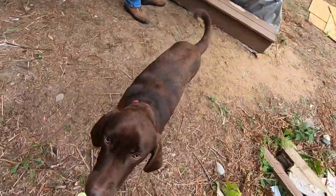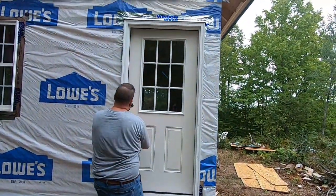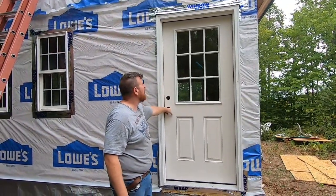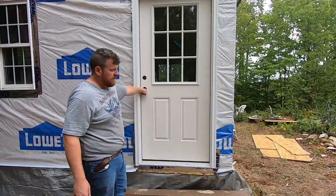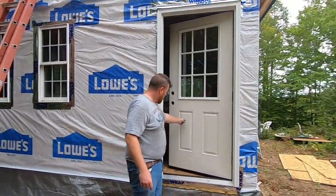Oh, Timber likes the door. There you go, guys. Woohoo! We got door handles in there, but we're done for the day. It's time to go eat some dinner. Tomorrow will be window trim and...